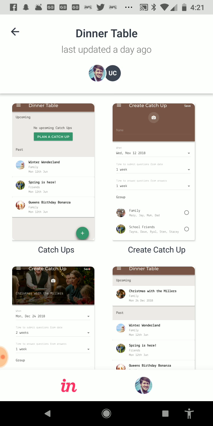The app works in a way where you can record questions that you want to ask your friends or family members, and then also record answers as well. Since you can do that in your own time, it makes sure that everyone syncs up. It only lets you answer questions that have been recorded by video once everyone's submitted their questions.